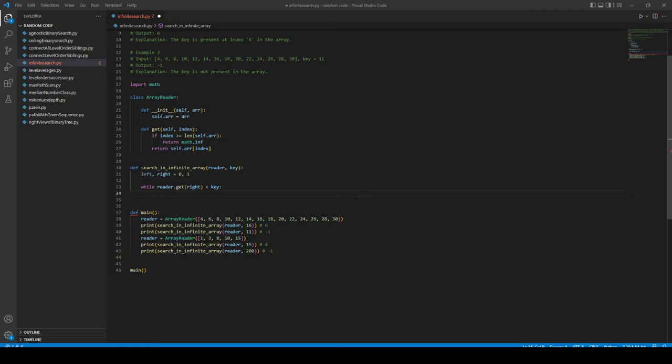So we'll do this. We're going to do new left. Oh, whoops, there's a double register there. We're going to do new left is equal